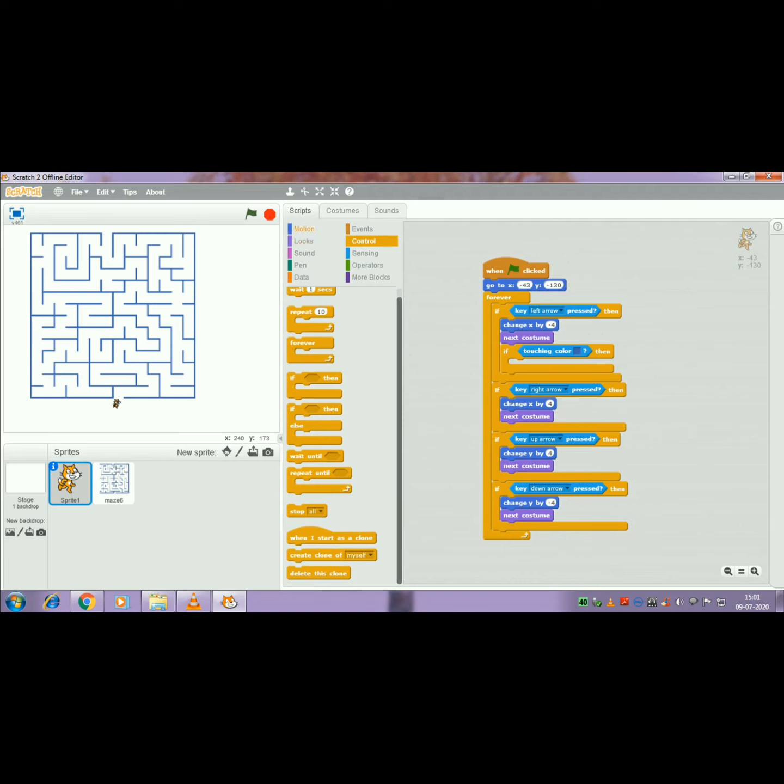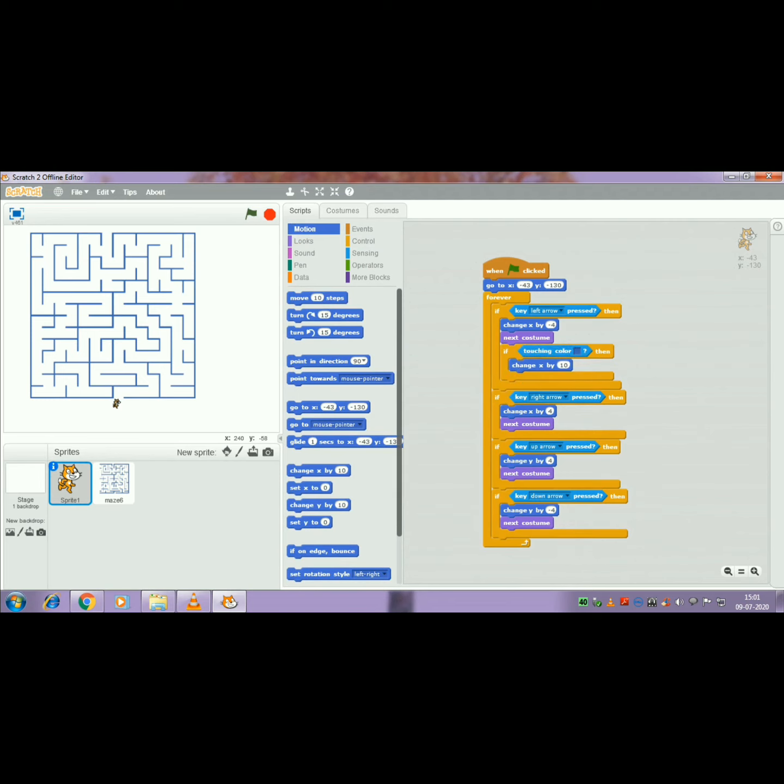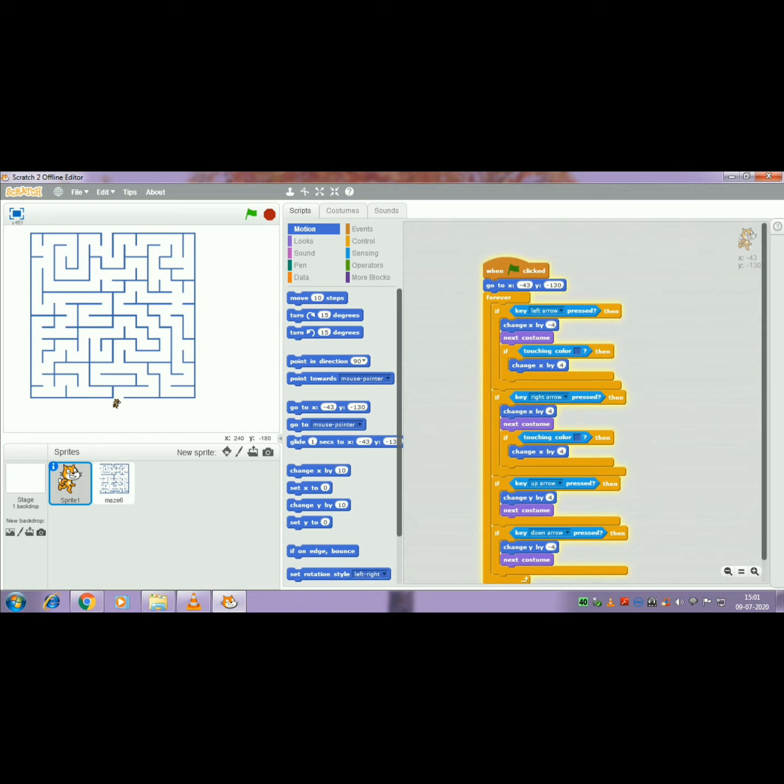Now to undo the leftward motion that the cat just made because the user pressed the left arrow key, we are going to add a change x by block, except this block will change x by 4. The cat moves to the left, but if it ends up touching the blue maze walls because of moving to the left, we will have it counteract that by just moving back 4 pixels to the right.